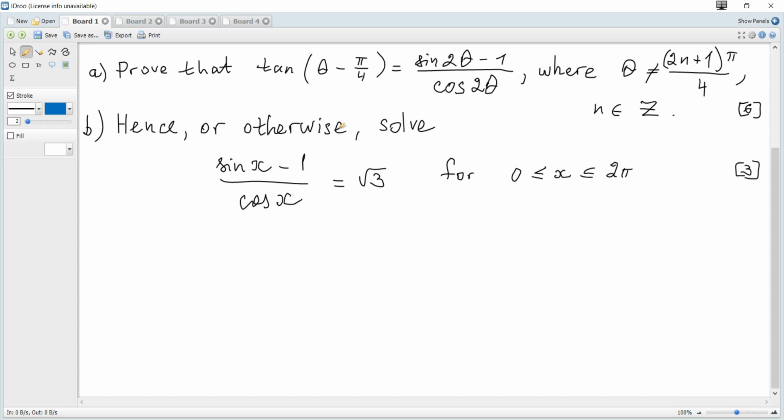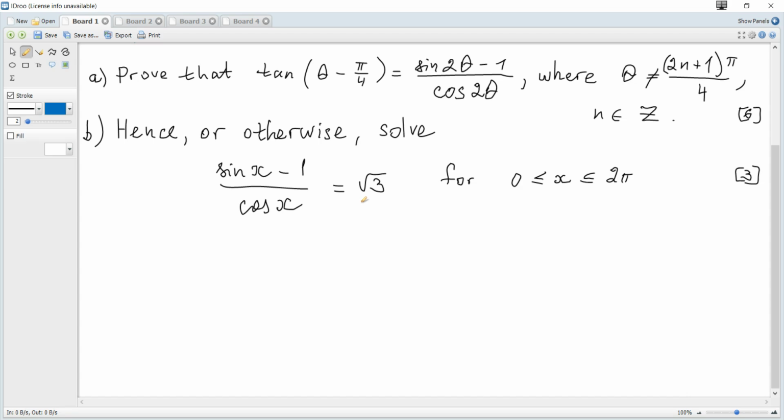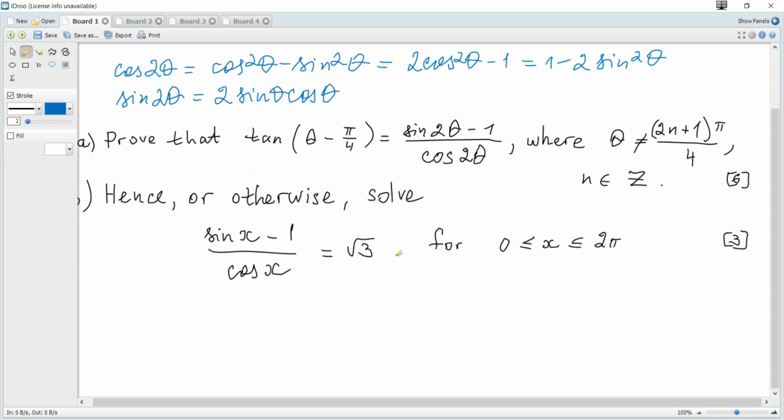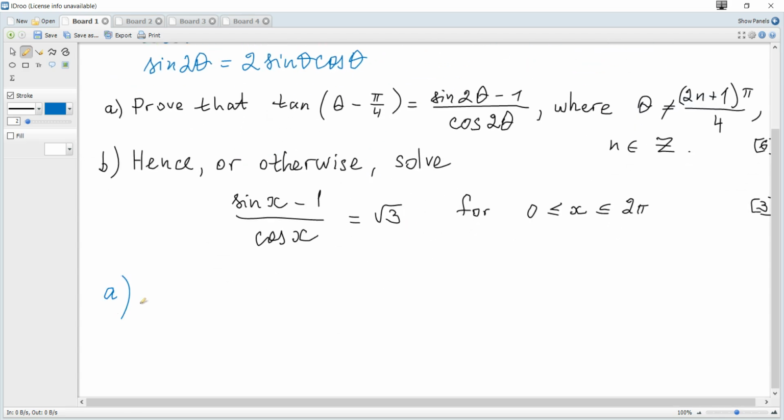Prove that tangent of theta minus pi over 4 is equal to a given expression. We can see that there is tangent of a difference on the left hand side, and we know that there is a formula for tangent of a difference. It is given in the data booklet, and using it we can rewrite the left hand side as